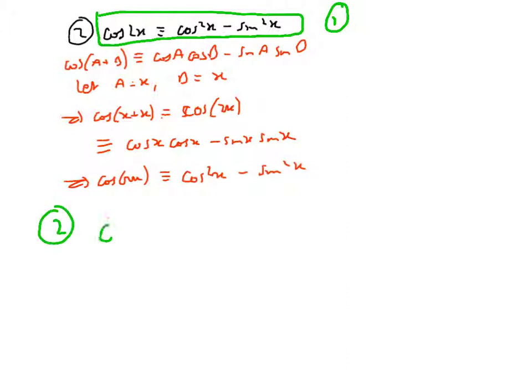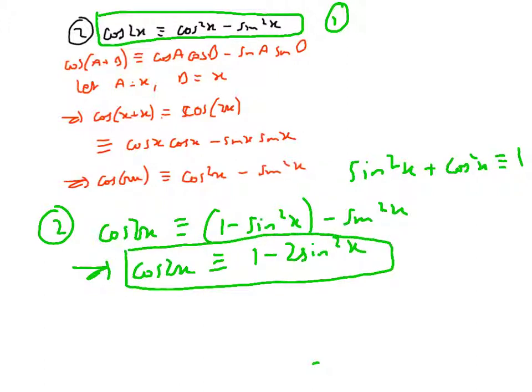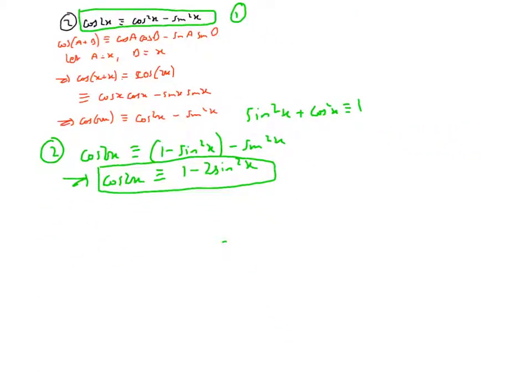Now I can say version 2, that cos 2x is always equal to, from my sine squared x plus cos squared x is always equal to 1, I can say that cos squared x is actually 1 minus sine squared x, so 1 minus sine squared x minus sine squared x. So therefore cos 2x always equals 1 minus 2 sine squared x. So there's my second version right there. And similarly, I could show my third version,